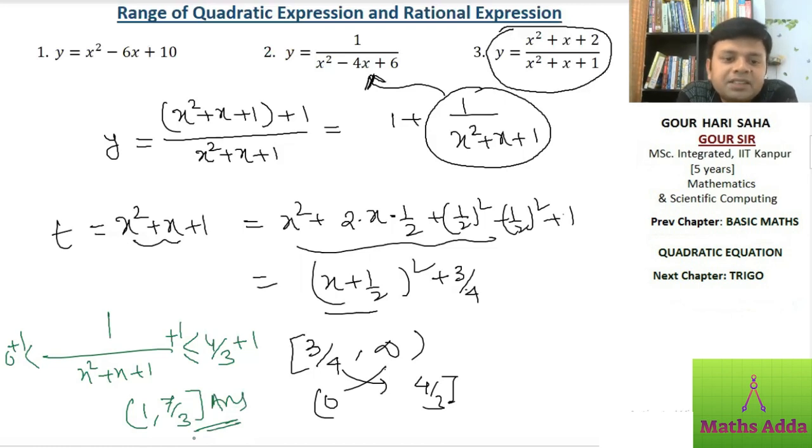So this method is a special method. Why? If it is not x square plus x plus 2 but x square plus 4x plus 2, then what will you do? This method will not work, right? This method is driven by your observation capacity. So we will also be doing the normal method. So let's see another method also.